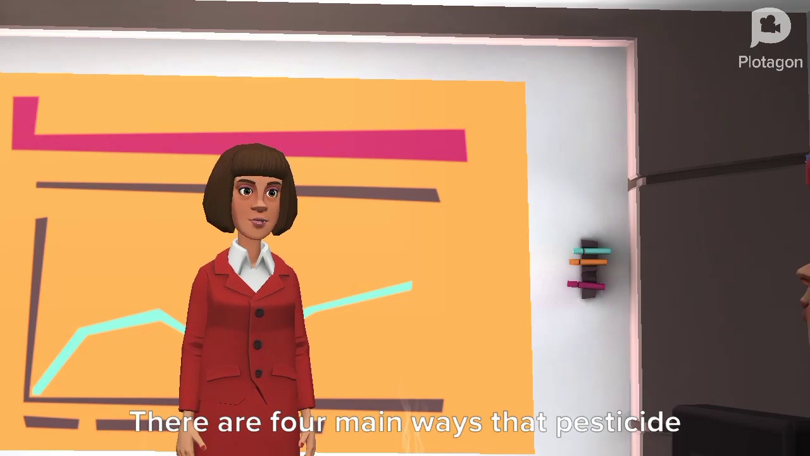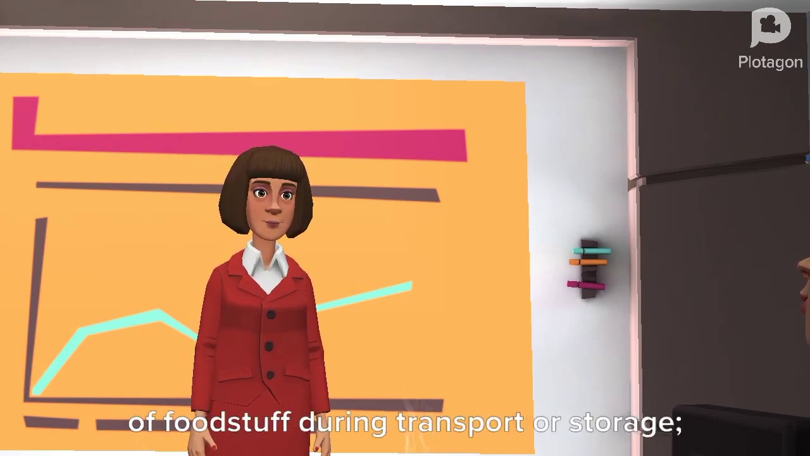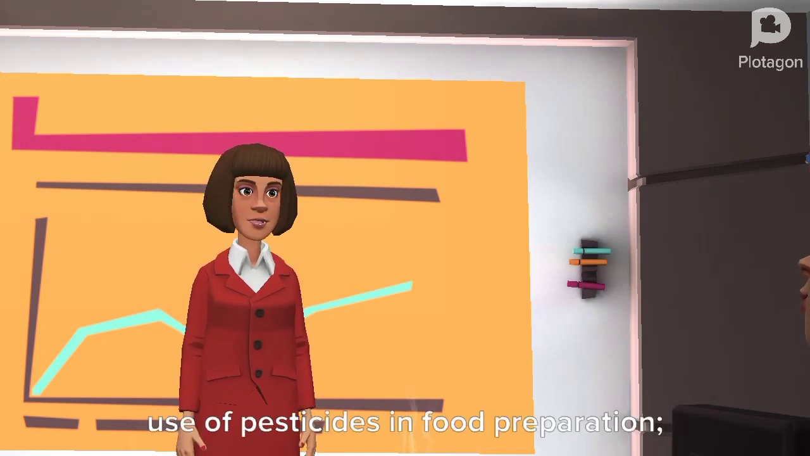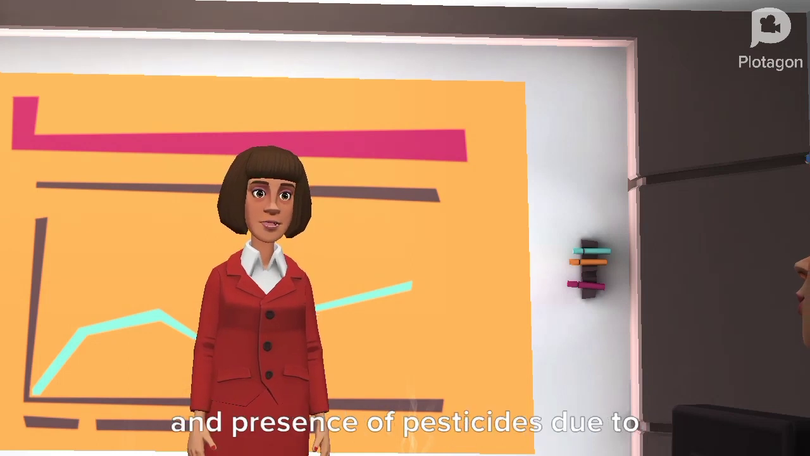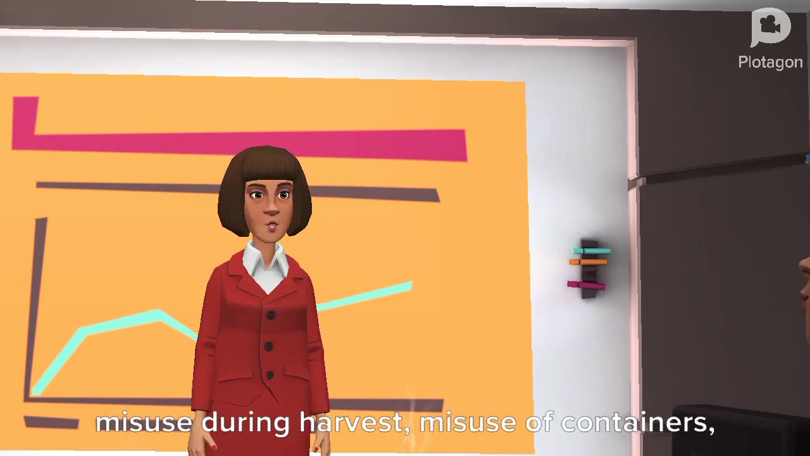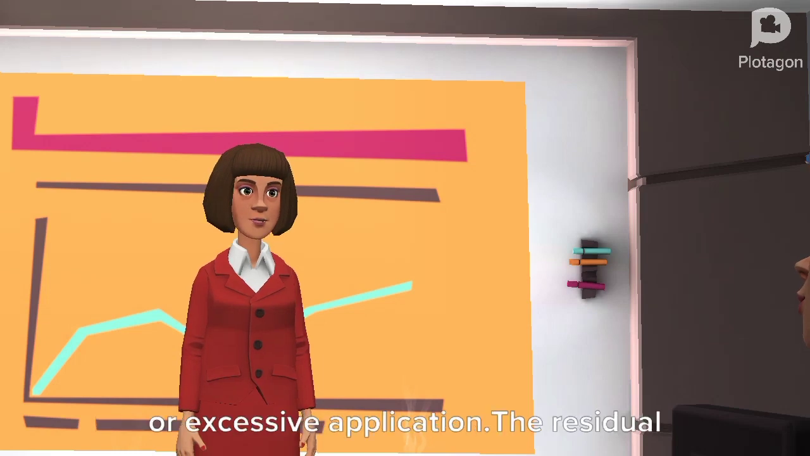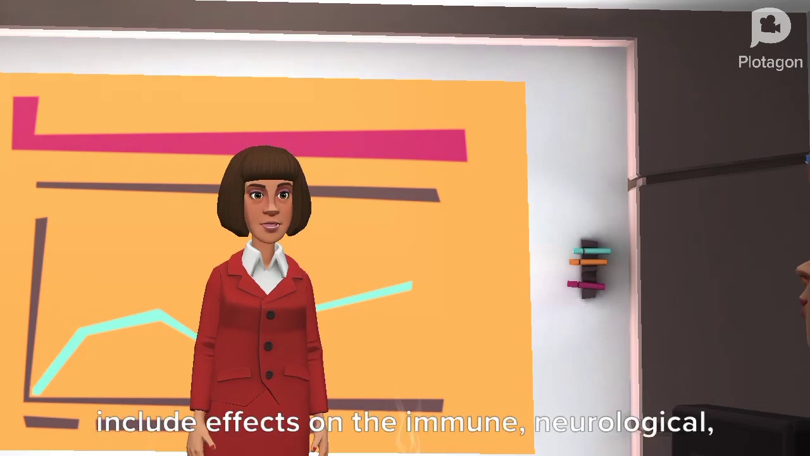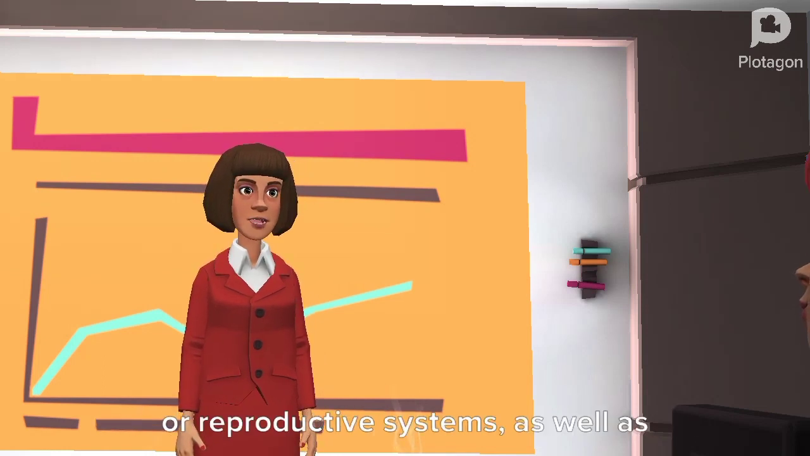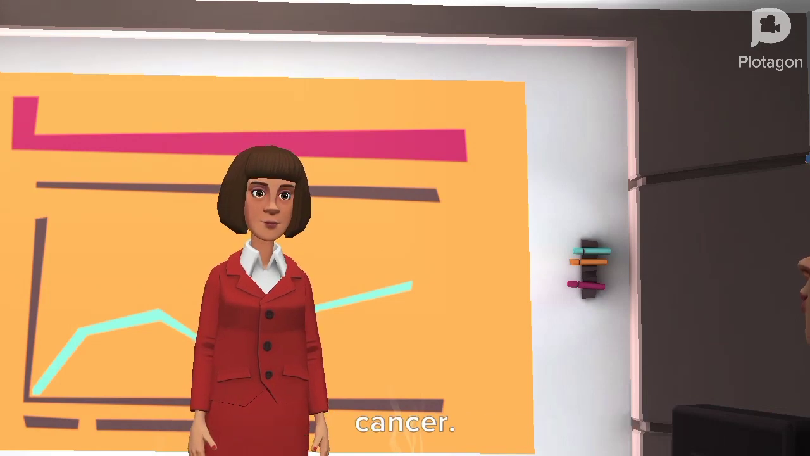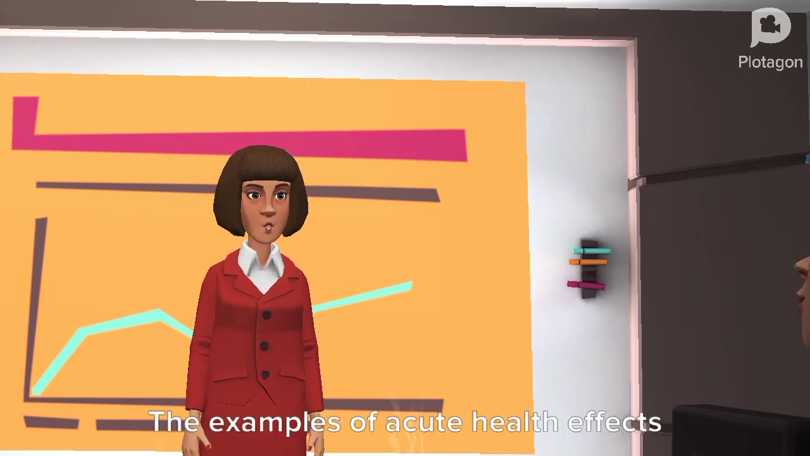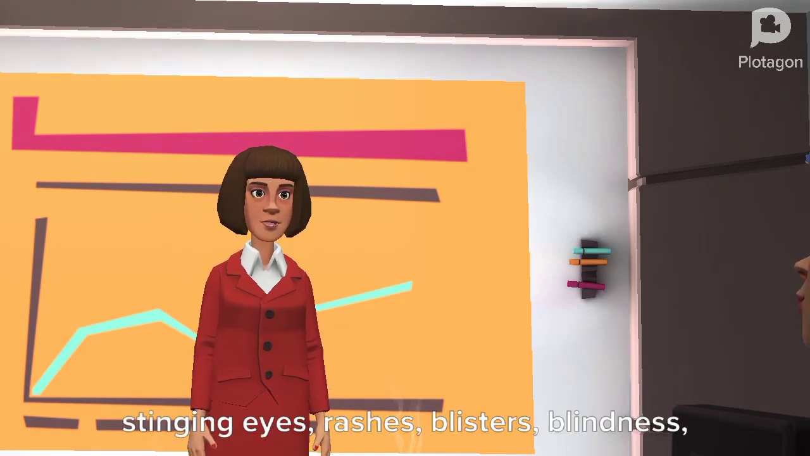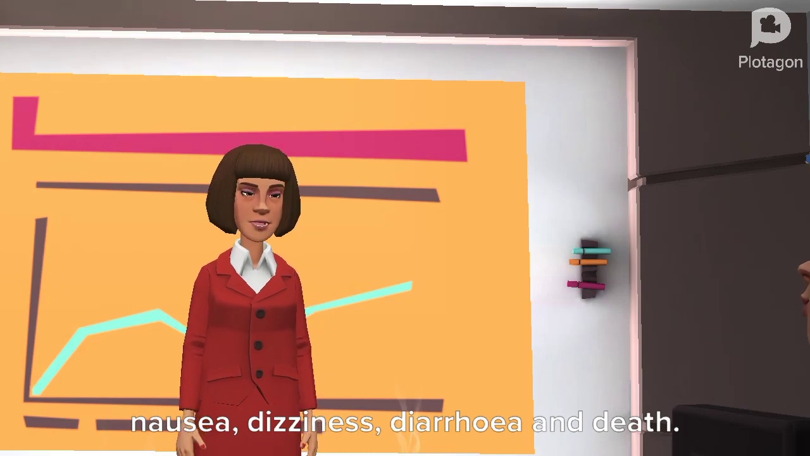There are 4 main ways that pesticide outbreaks can start: contamination of foodstuff during transport or storage, ingestion of seed dressed for sowing, use of pesticides in food preparation, and presence of pesticides due to misuse during harvest, misuse of containers, or excessive application. The residual effects of pesticides on human health include effects on the immune, neurological, or reproductive systems, as well as cancer. The examples of acute health effects caused by pesticide residue include stinging eyes, rashes, blisters, blindness, nausea, dizziness, diarrhea, and